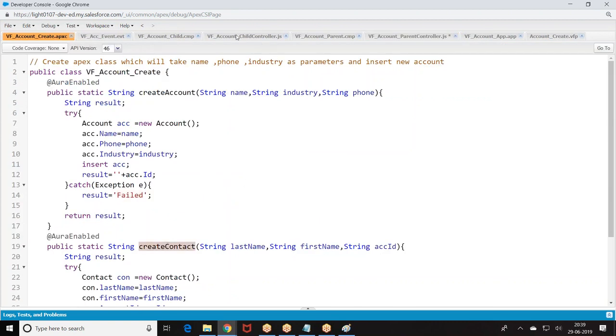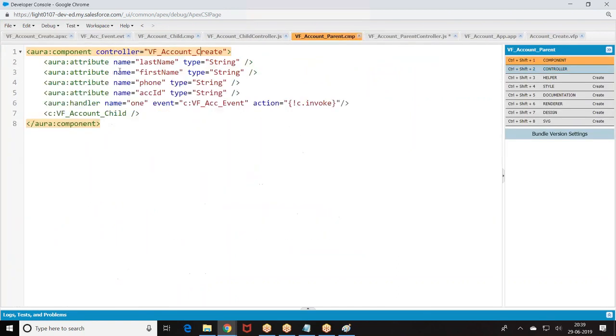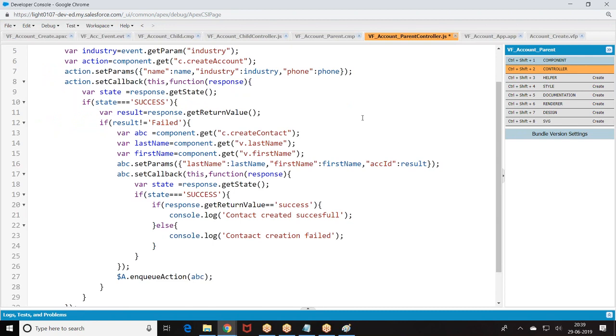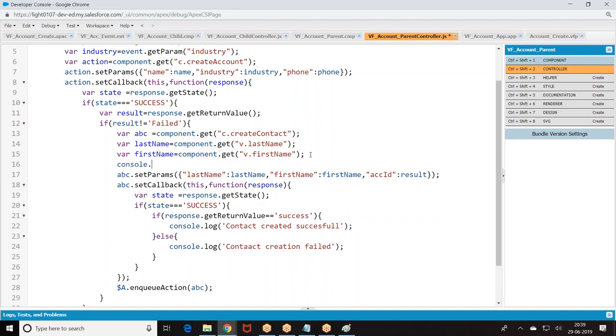Last name, first name, ACCID. Okay. Component dot get last name, component dot get first name. So I just want to cross check whether last name and first name are coming properly or not, because from the VF page we are setting the value. Okay.